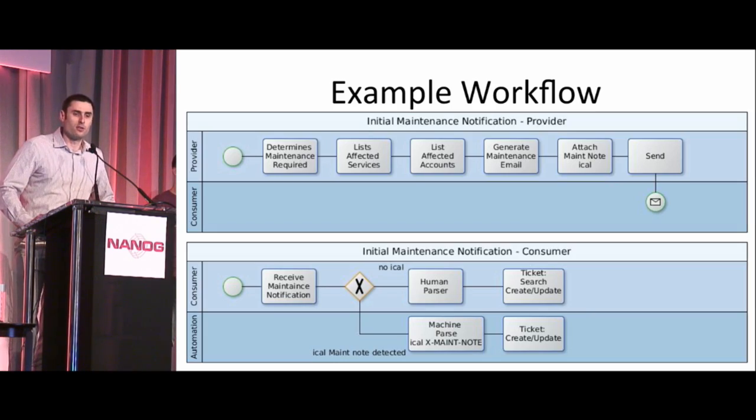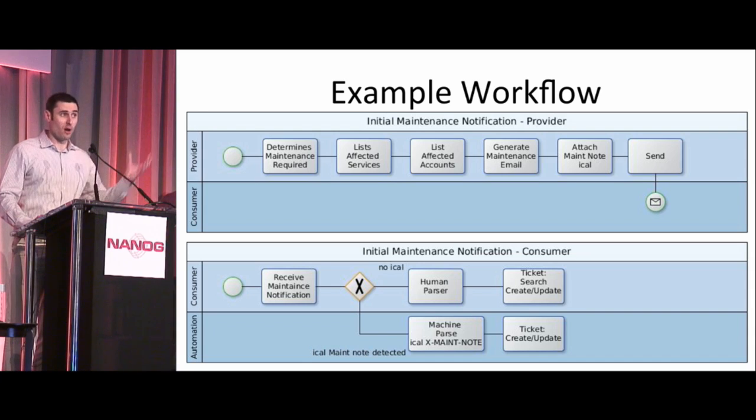The first thing is to start off determining that a maintenance is required. That's what the provider will do. They'll list out all of the affected services that are associated with that work. If you have an element in a path of an optical network, you might have many services running over it, so you need to figure out what all of those services are. Then you'd list the affected accounts associated with that to gather data that you'd use to notify the customer, such